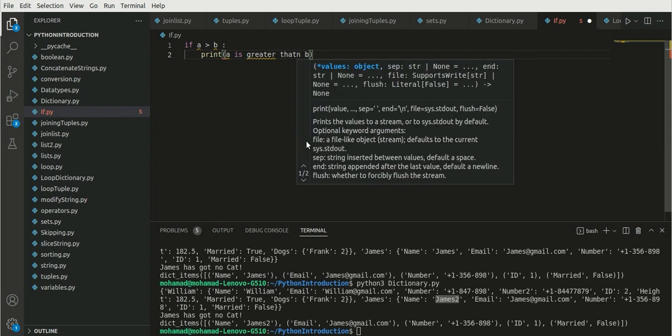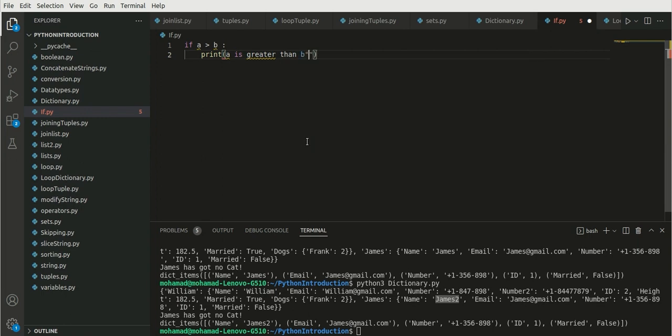This is a string, so let's put it inside the quotation marks. We also need to declare A and B. So A is 3, B equals 2,